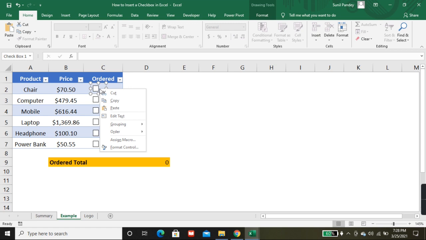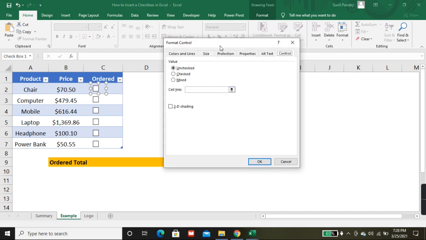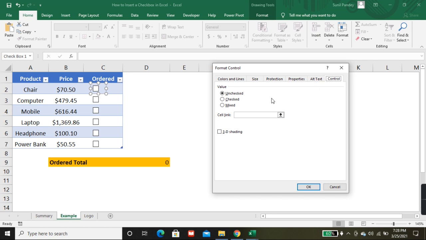Just right click for giving the reference, Format Control, and in the control you have to give the reference.